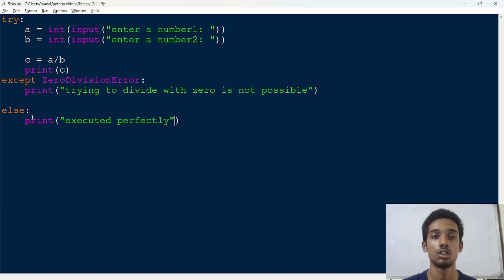And in the finally block, let us say I'm going to print